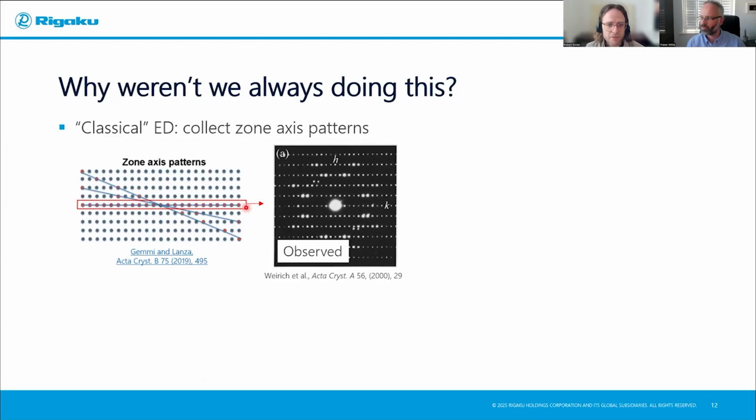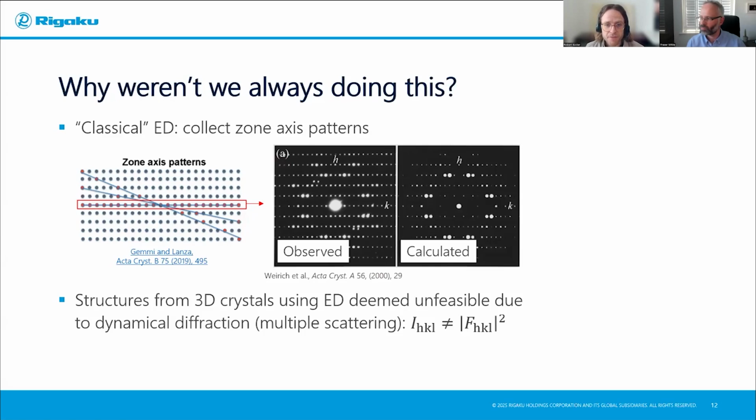So what you get are diffraction patterns which have a very high degree of two-dimensional symmetry, as shown here along those zone axis patterns. So they look very beautiful. You get the lattice constants from this very nicely. But getting structures out of this is very, very tricky, because if you compare this observed pattern to a corresponding